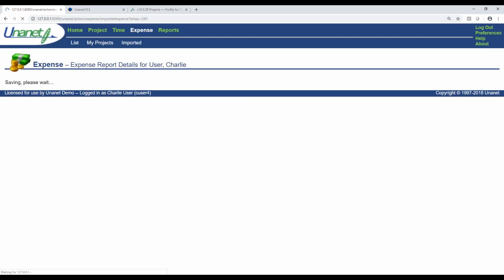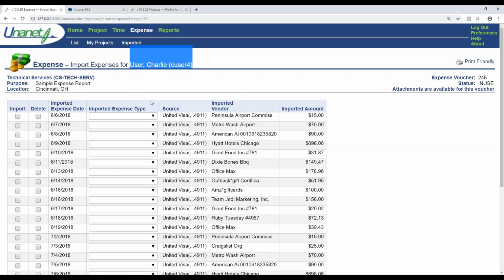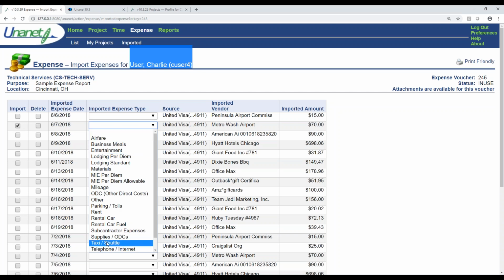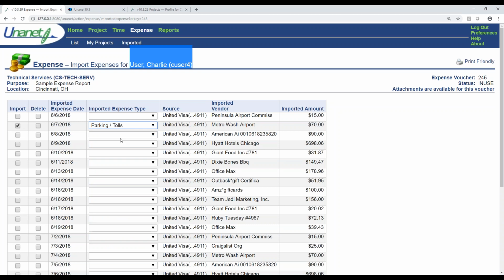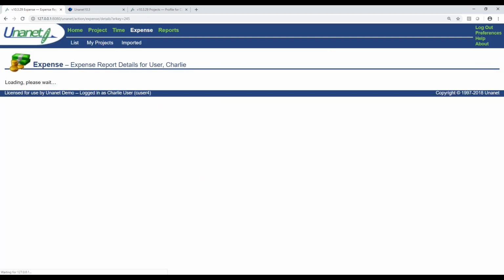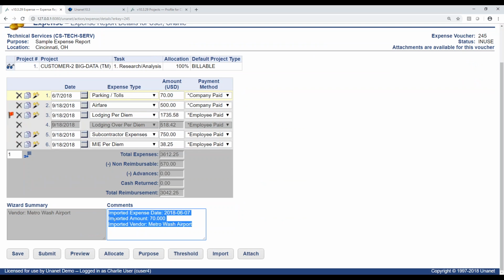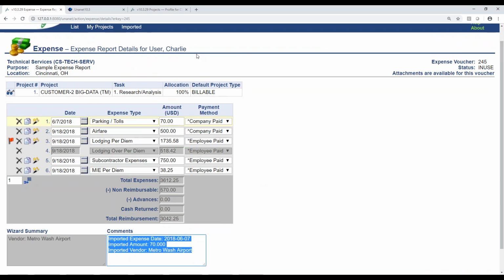We can also integrate with a corporate credit card. So here at Charlie's person profile, he will have his specific credit card assigned to him. So I can go in here and import this specific expense right here. So the parking will be brought in just like this. And here you can see everything coming in from my credit card just like that. What's nice about integrating with the corporate credit card is somebody in the finance team usually is going to keep track of everybody's charges on the corporate account, and only Charlie's are going to be his responsibility, but someone gets to see overall to make sure that all of those charges get assigned out, either to maybe just a G&A project or to a specific end customer project.